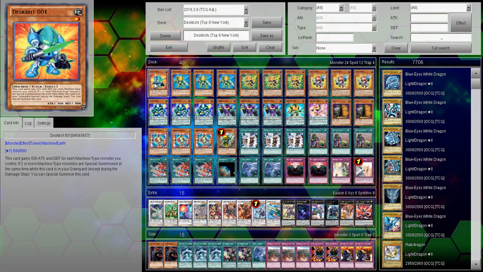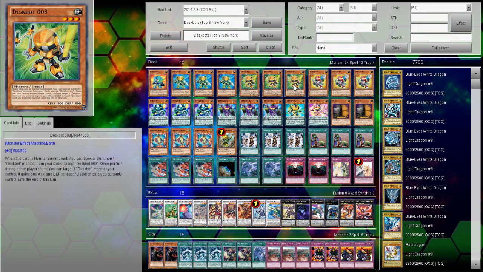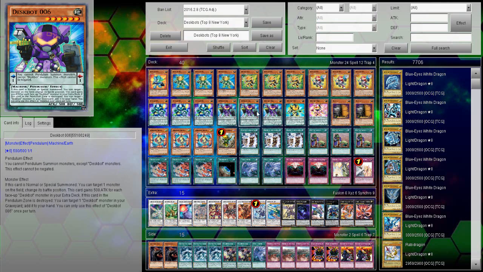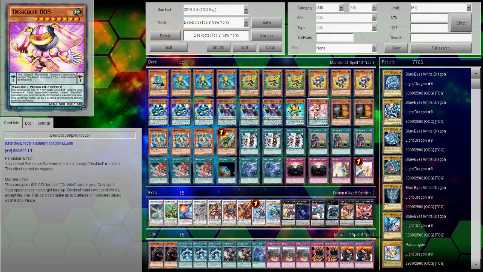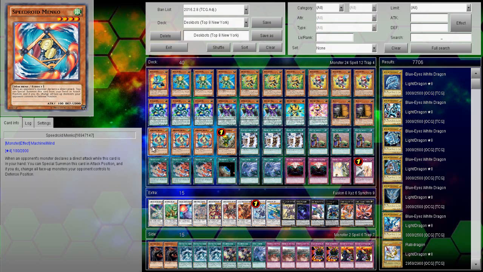But anyway, the deck list is one Deskbot 1, a playset of Deskbot 2, a playset of Deskbot 3, a playset of Deskbot 4, a playset of Deskbot 5, a playset of Deskbot 6, and then a single copy of Deskbot 7 and Deskbot 8. That's his entire Deskbot lineup. It's 18 monsters. And then for hand traps, he has 2 copies of Max C. And for something to draw into off of those Max C's as a defensive card, he played 3 copies of